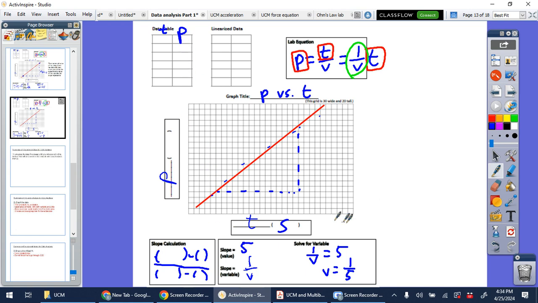On the t axis, I'm going to look at all these numbers right here and find the biggest number, and that might tell me what the highest number here is going to be. Now you don't have to choose the highest number and put it right there. For example, if these numbers go all the way up to 4.6, you don't necessarily have to make that 4.6. In fact, you probably don't want to do that, because one of the things you want to do is maybe choose